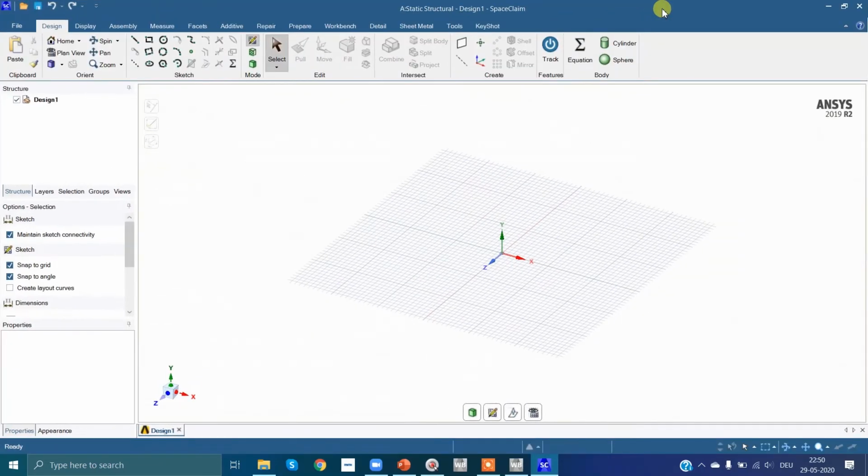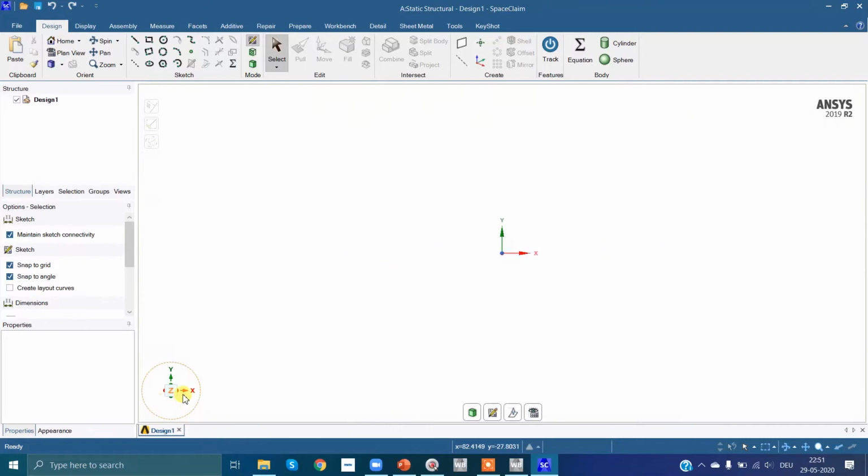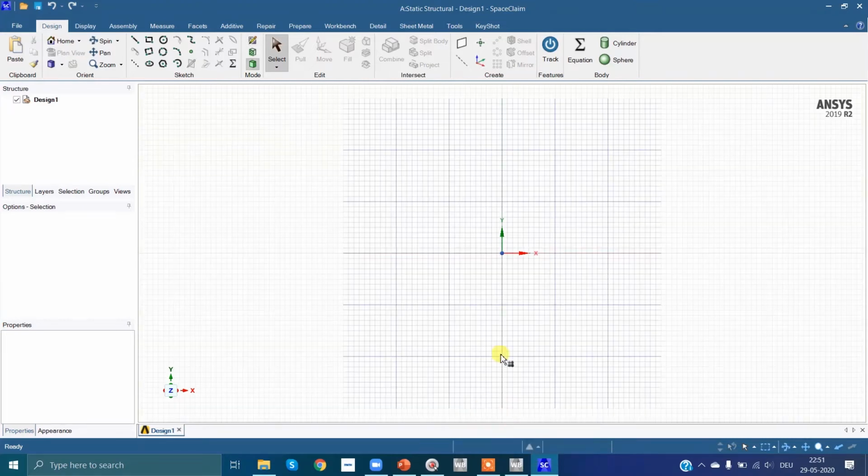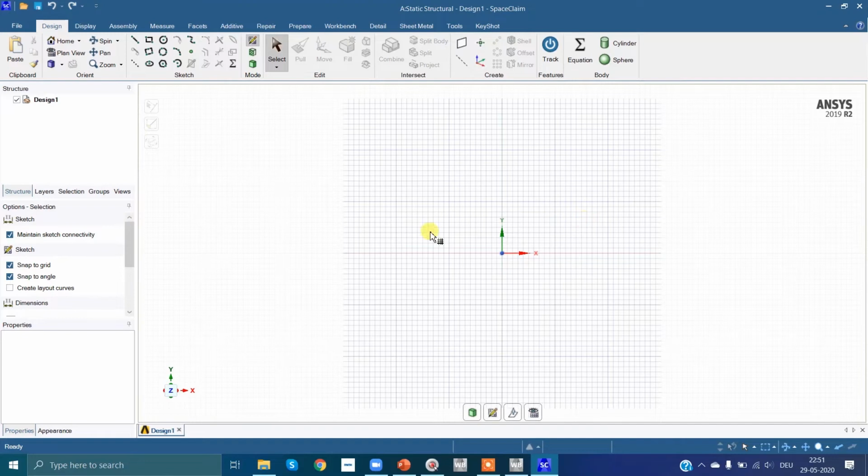We will maximize it. Now, I want to draw a sketch on the XY plane. So simply click here on the axis which is perpendicular to this plane. Then select this option, select new sketch plane and simply click anywhere. Now this is our sketching plane.